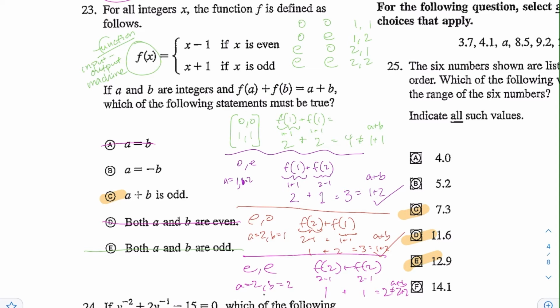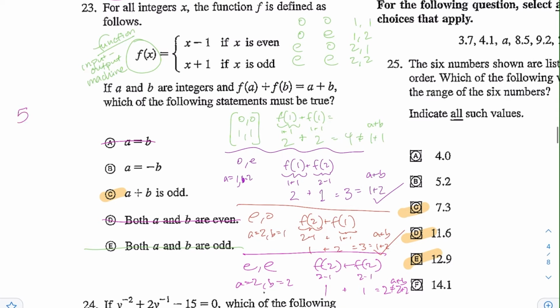And you just have the last two left, if A plus B is odd, or if A is equal to negative B. So to test it out, you want to try a negative number. So if you try, let's say, 5 with negative 5, and then you substitute in. Well, they're both odd, which means you have to add 1. So this would be 5 plus 1, and negative 5 plus 1, or 6 plus a negative 4, which is